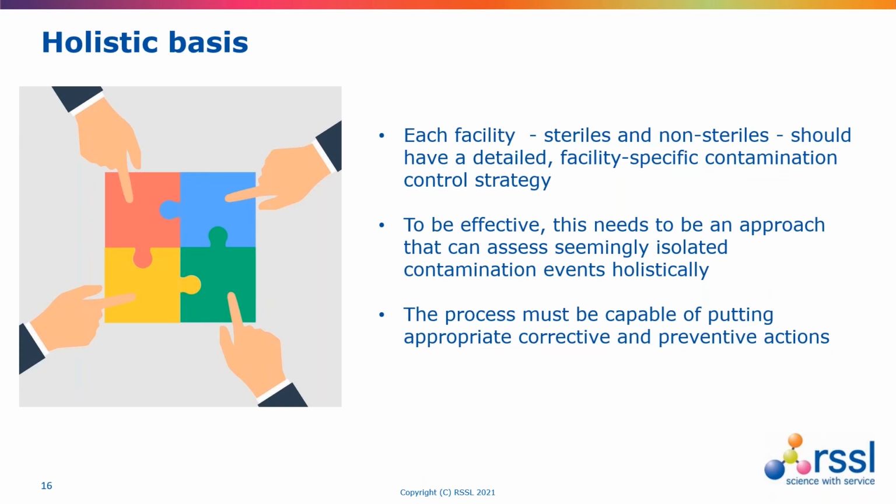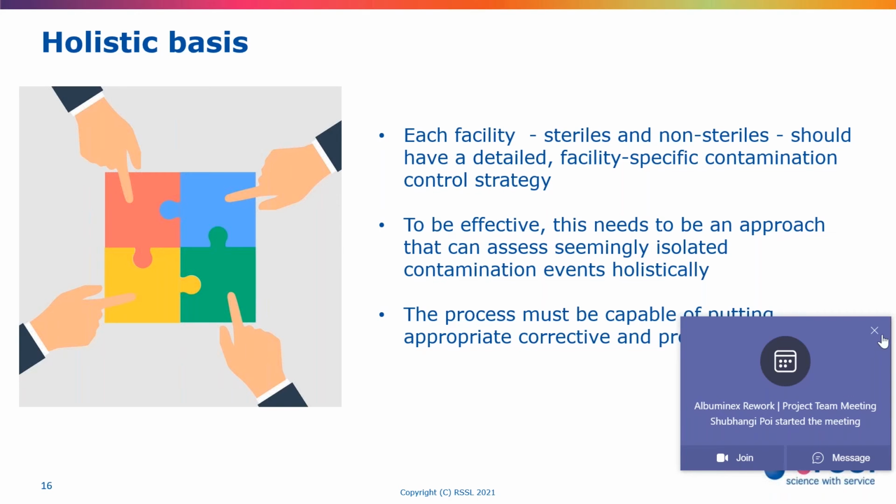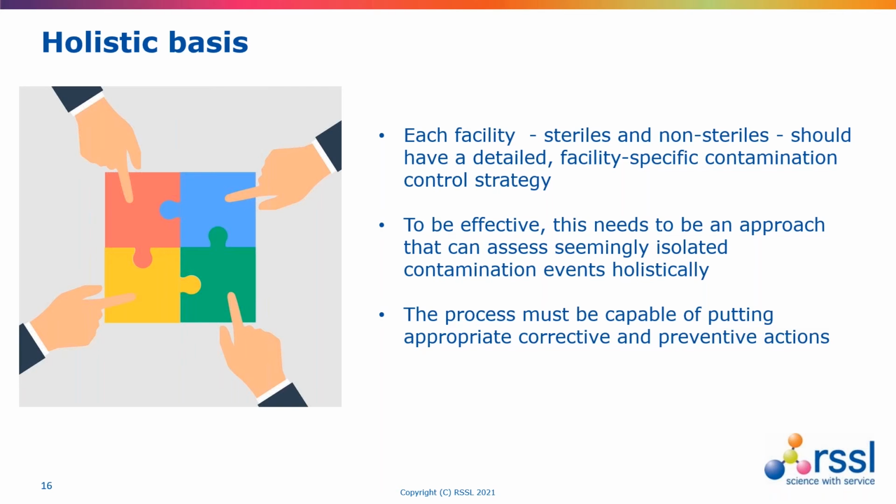Just to recap on the holistic aspect that I was talking about. Holistic means that every aspect is interconnected, and the overall sense of control and the level of quality is only really explicable by reference to the entire system as a whole. Therefore, for contamination control strategy to be effective, there needs to be an approach that can assess seemingly isolated events and look at those as part of the big picture, and also one that allows us to put in place